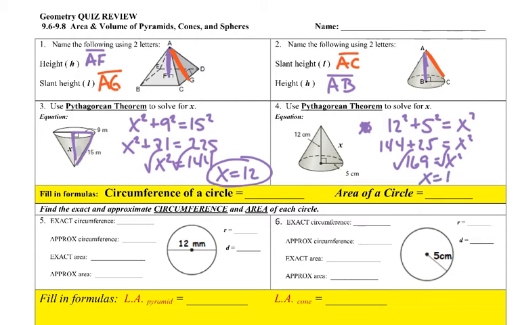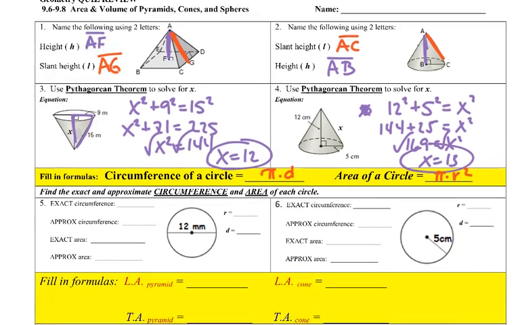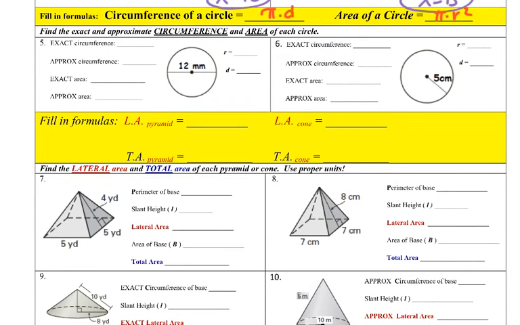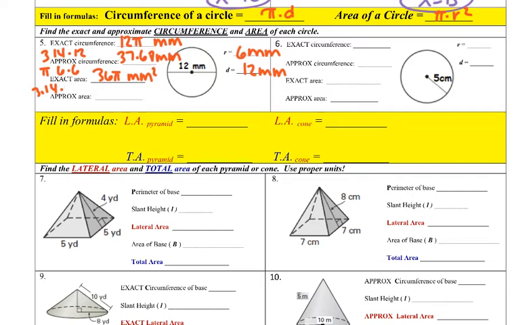X is 13. Great. We remember our formula for circumference, pi times diameter. Of course, the formula for area, pi r squared. Here, the radius is 6 millimeters and the diameter is 12. The exact circumference, pi times diameter, is 12 pi versus the approximate is 3.14 times 12, 37.68. Our exact area is pi symbol times radius, 36 pi. Or 3.14 times radius,